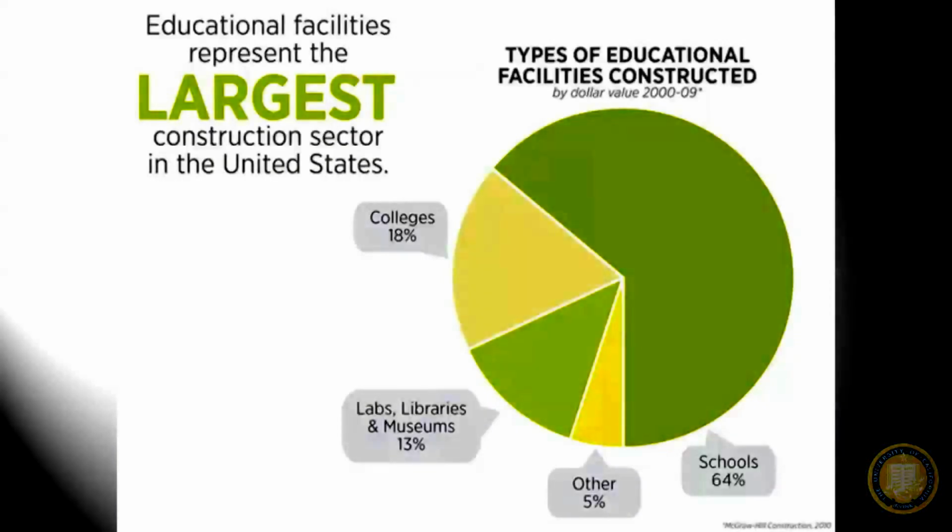For education facilities, this is why it's so important that your campus, the UC system and our campus, is doing cool stuff. It's a huge part of the construction market. This is the construction market in building. And education is one of the largest things that are continually, well, most of the time, budgets permitting, building.